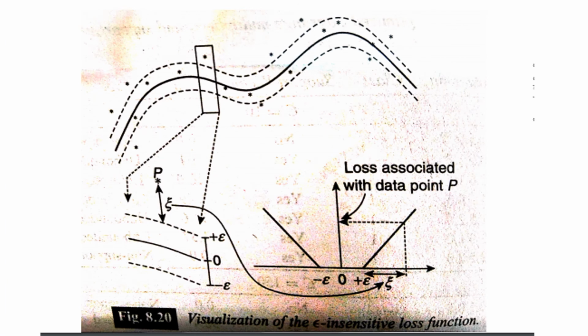So we will see what the insensitive loss function is. We had the margin in the previous case as this. The diagram shows the margin like this. So now this is related to the margin, and the margin is expanded like this. So you have minus epsilon to plus epsilon. Inside that, the error will be 0. So the margin is converted into an error, and that is depicted in this diagram.